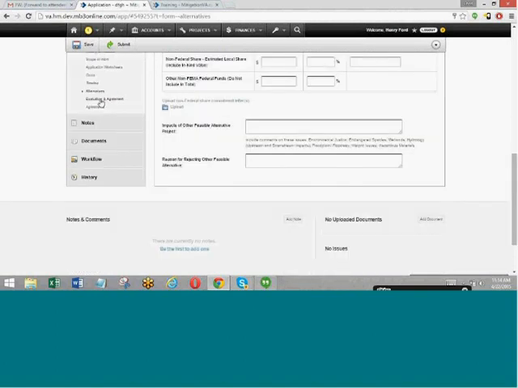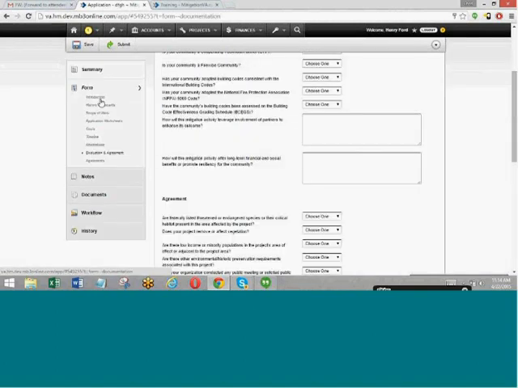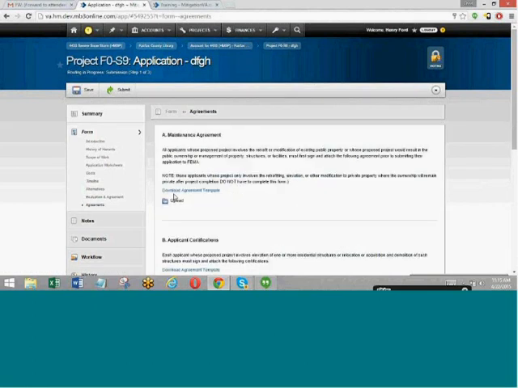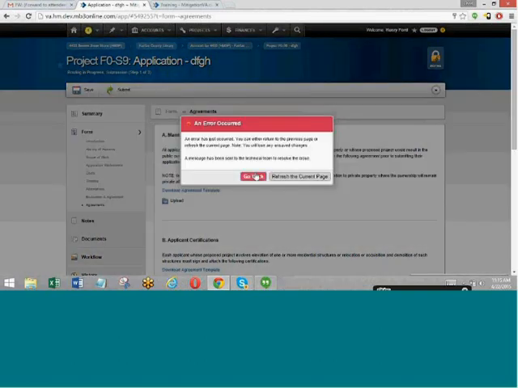And then you just go into the elevation. Depending on what type of project, of course, this is an acquisition demolition, but you can get into elevation criteria, an agreement, etc. So some of these form fields are different depending on the type of project that you're on, but it looks very similar. Okay, I'm just going to save this form. Okay, so it looks like we got some sort of error.